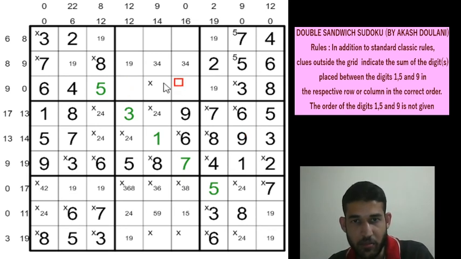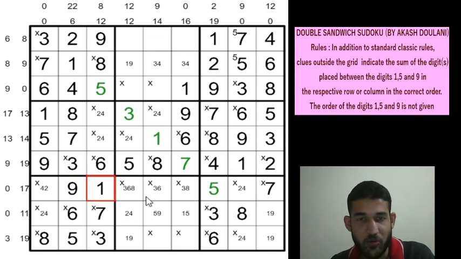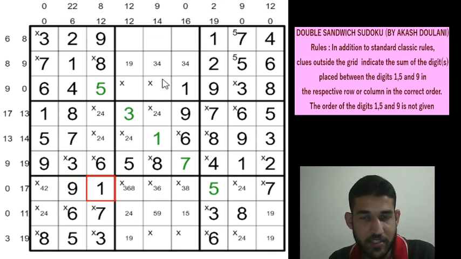So this is going to be your 1 and 9. But we have a 9 here. So this is going to be a 1. This is a 9, this is a 1, this is a 9, this is a 1, this is a 9. And this is a 1. Wow. We got a beautiful sequence of digits using the 0 clue here in row 3.